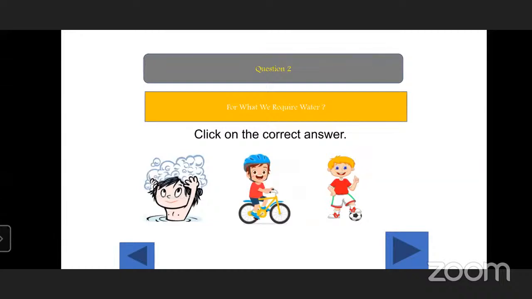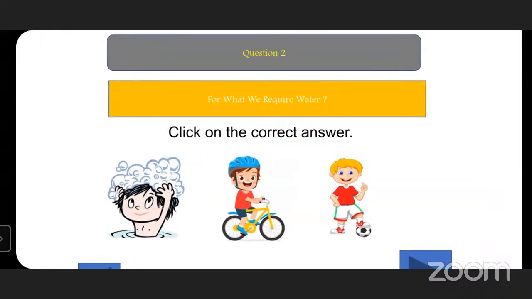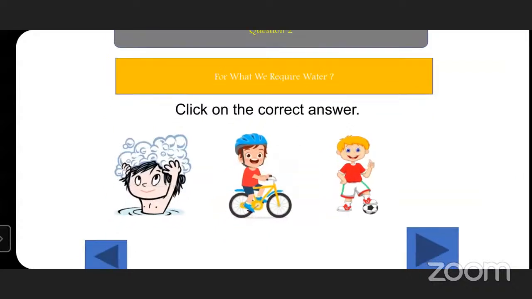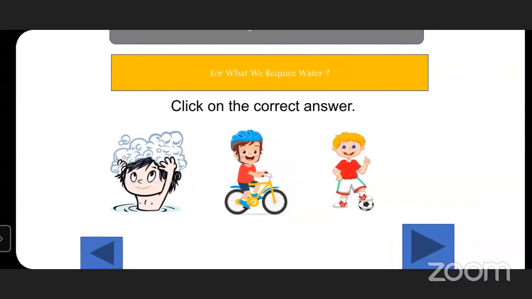Next question is, for what do we require water? Click on the correct answer. For washing our hair, for cycling, or playing football? Very good.